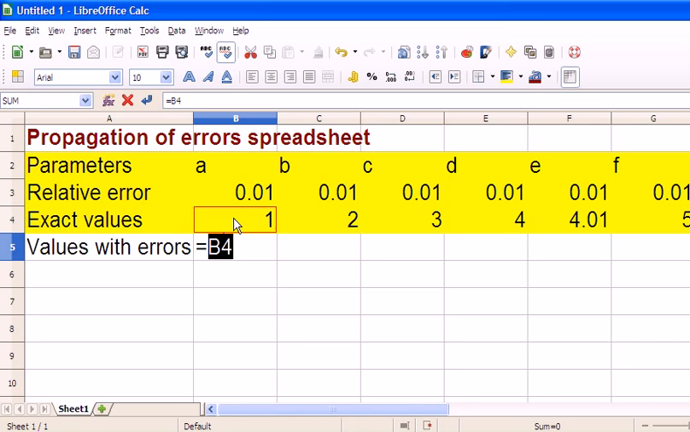equals, then I want to take the exact value times, okay, since we're talking about relative error, it's the error relative to the whole value, so I want to do 1 plus, and then the remaining term will be the relative error. Now, I want the relative error to have this size, so I'm going to put 0.01 there. And I want this error to be either +1 or -1. And I want it to be +1 or -1 randomly. Okay, that way I can see what the effects of the different signs of the errors will be on my